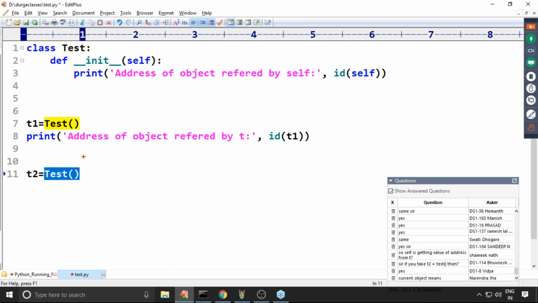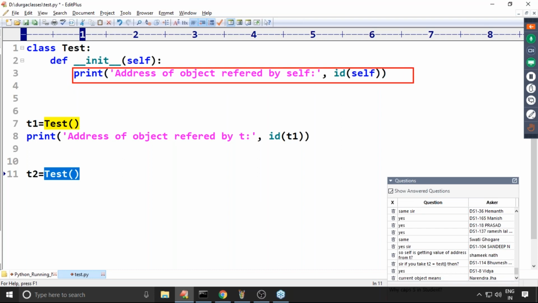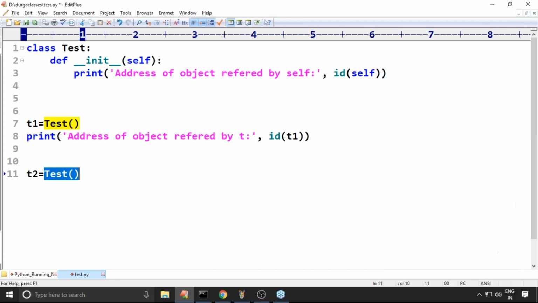so here, do you know? This self is always pointing to the current object. Current object means T2 object. Remember, T2 object. So, sir, here you are talking about which object? T2 object. That's why self is pointing to the T2 object. In this case, you are talking about which object? T1, so now self is pointing to the T1 object. Clear, right?